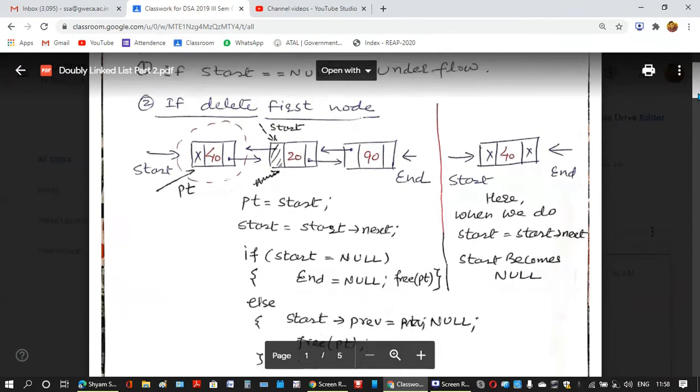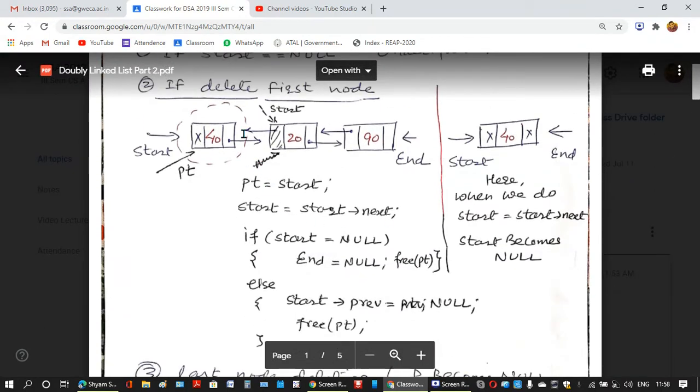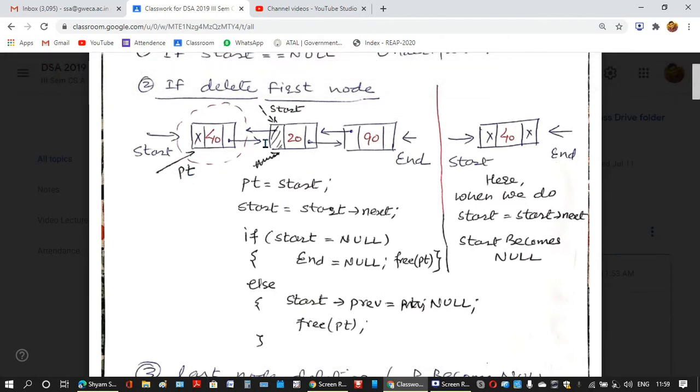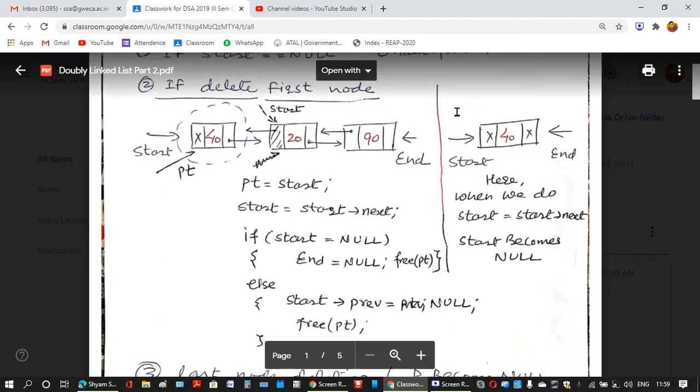Now you see, actually we don't know how many nodes are there in the doubly linked list. If there are more nodes, start will not become null. But say there was only a single node in the doubly linked list and you are deleting the first node, meaning this is the only node.